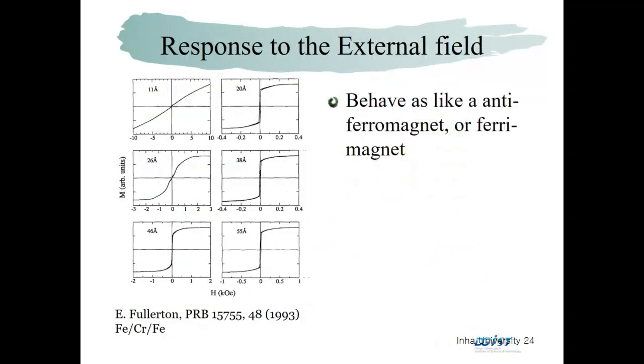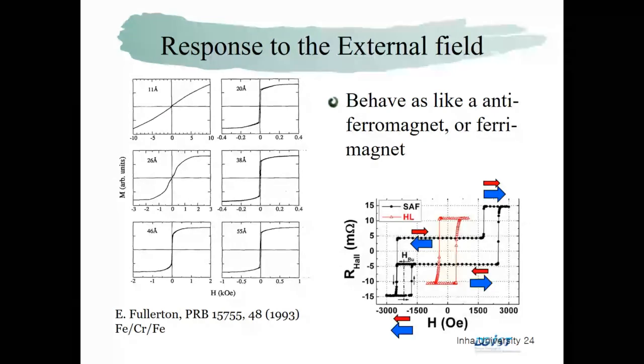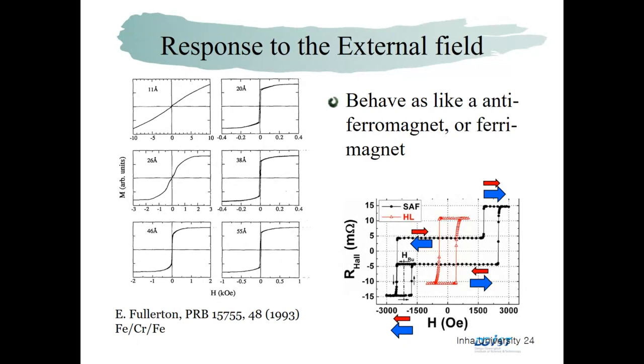Okay, so if you make such an interlayer exchange coupling, you can obtain, for example, a strong antiferromagnetic coupling. This is the very strong antiferromagnetic coupling configuration at this thickness of the chrome. So at zero field, they are antiparallel, and with a large field, they become parallel, but at a middle field, they are still heading in different directions. But if you change the thickness of the chrome layer,